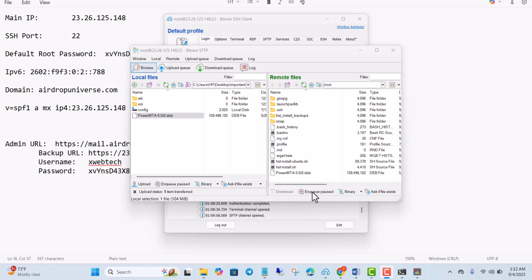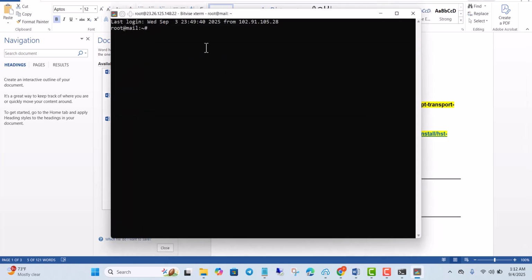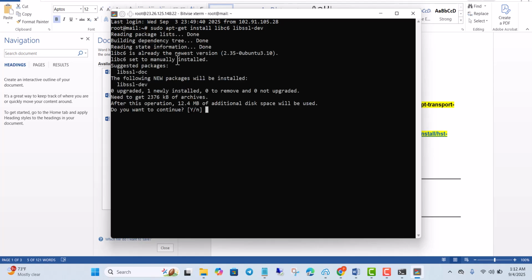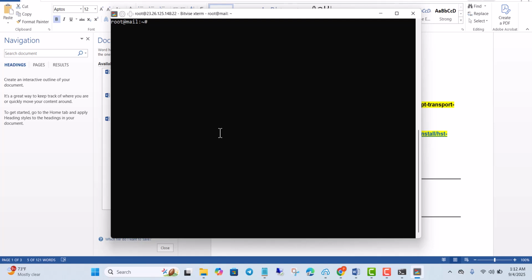Okay, so we have successfully moved our PowerMTA to our server. Now the next thing you are going to do is install some dependencies. Just copy this command and come here, paste it here, and click on enter, then yes, and just hold on. Clear. So once we have installed it,